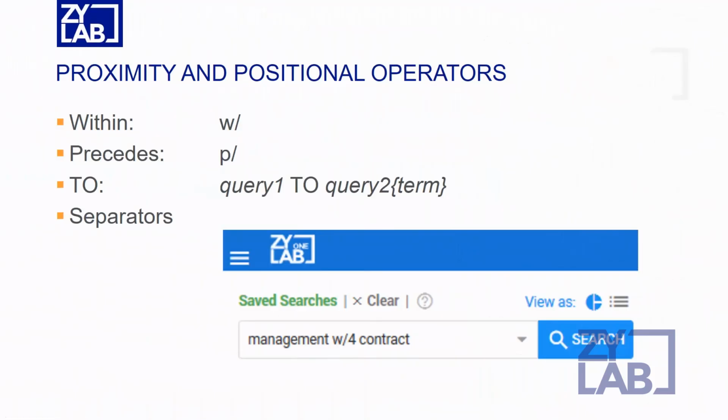Proximity and positional operators, as well as the use of separators, can dramatically increase the relevance of a search query result. Though keywords may be indicators of a document's significance, often the location or relationship of those keywords is crucial in determining the relevance. Using ZyLab's proximity search techniques, queries can include how close keywords must be in order to qualify as a hit, such as number of words, sentences, or paragraphs. Additionally, the order of the keywords can be defined, as well as defining separators between which the key terms must